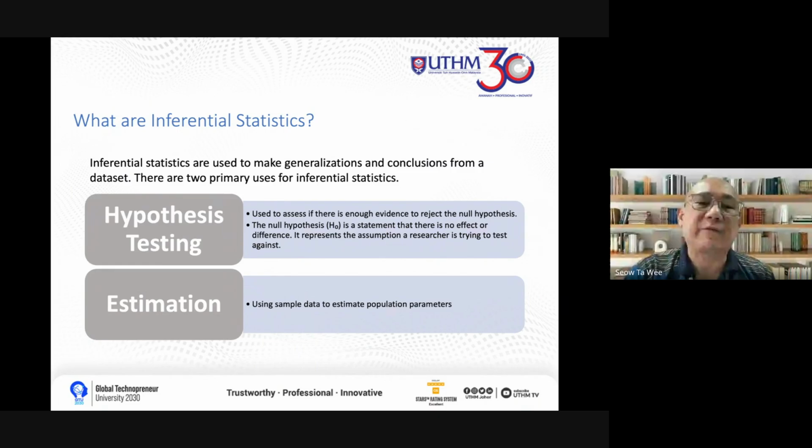Next is inferential statistics. The first is hypothesis testing. When you have a hypothesis, you must have statistical analysis to check if there is enough evidence to reject the null hypothesis. You should not worry whether the null hypothesis is rejected or accepted,